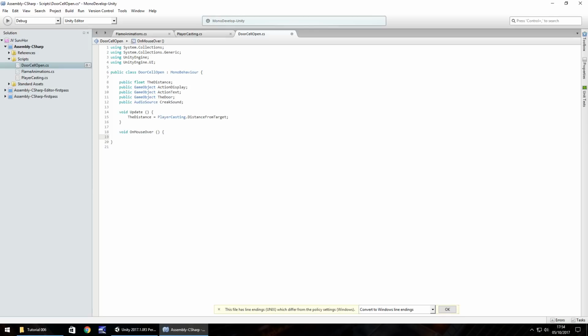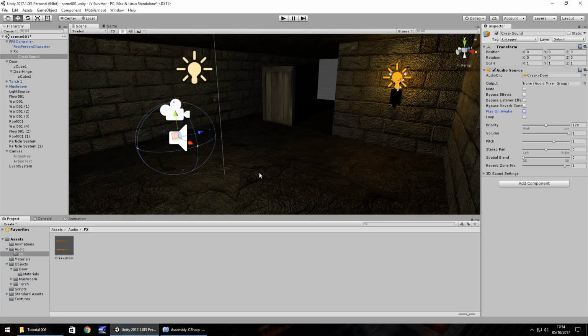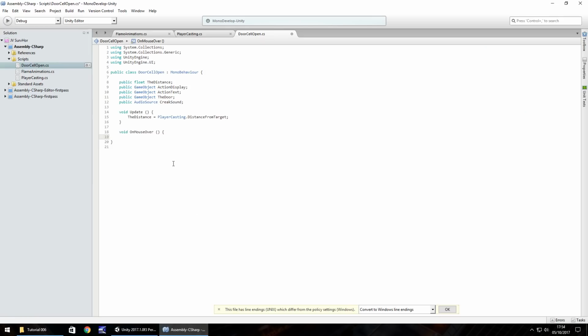distance is an acceptable distance, because we don't want to be stood all the way over here and then we just look at the door and the action key displays. We need to be fairly close to the door, and we can do that by making sure the distance is below or equal to, let's say, 3. So if the distance is less than or equal to 3, close bracket, open curly bracket, then what we need